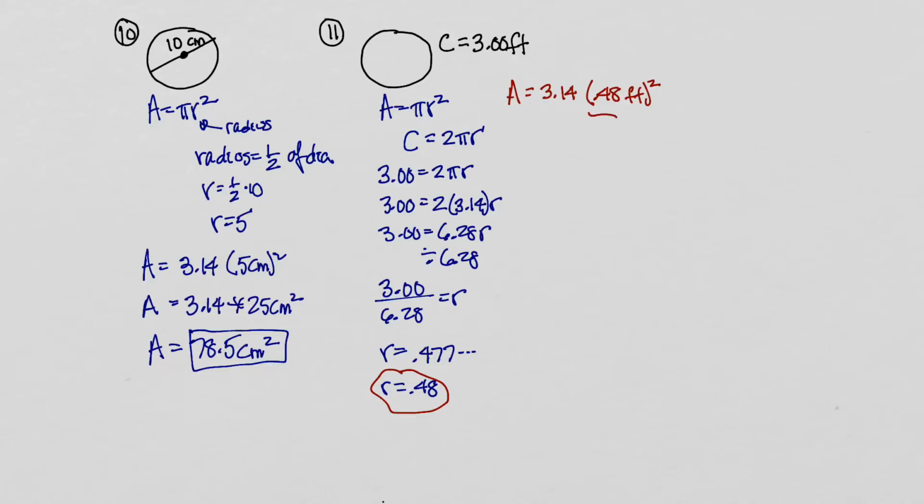So I computed this one first, so I'm going to get the area is 3.14 times, I got 0.2304 square feet, and now multiply that result by the 3.14. All right, so when I did that, I came out with